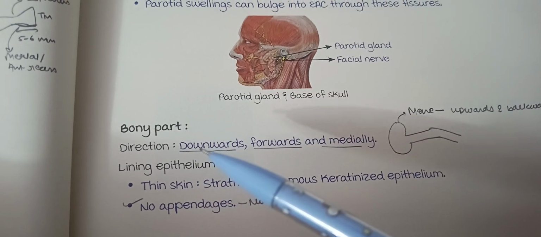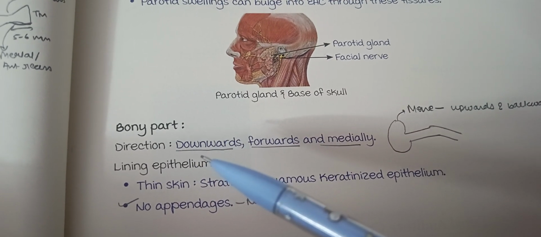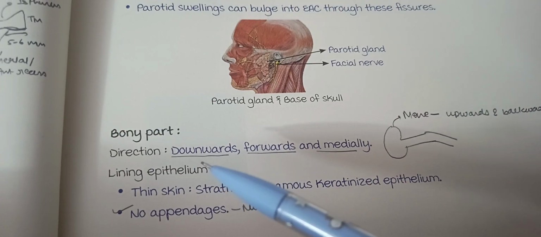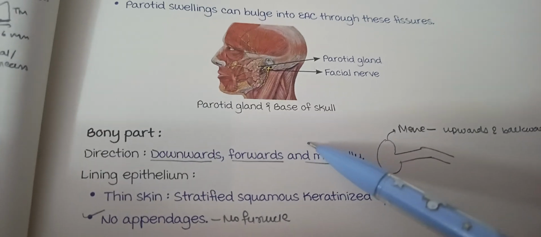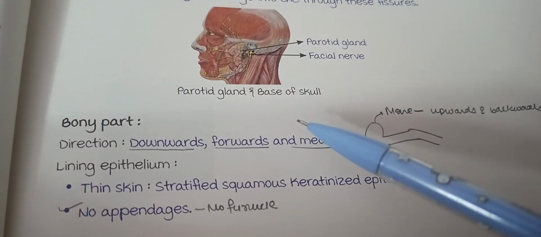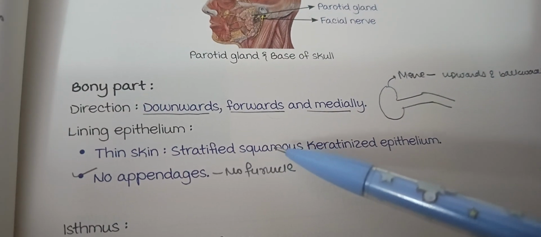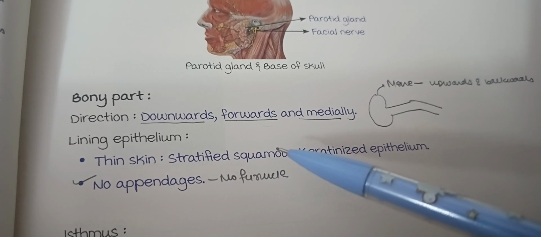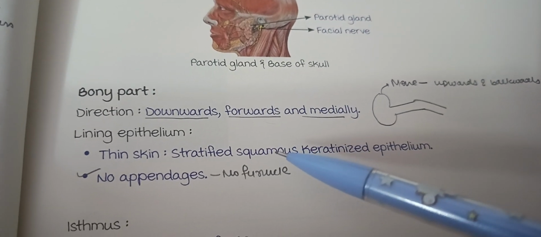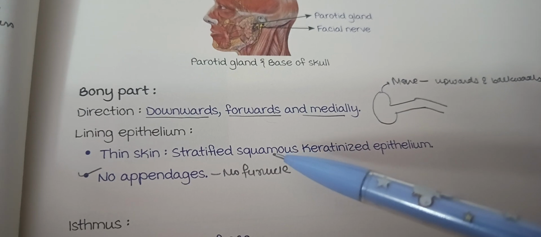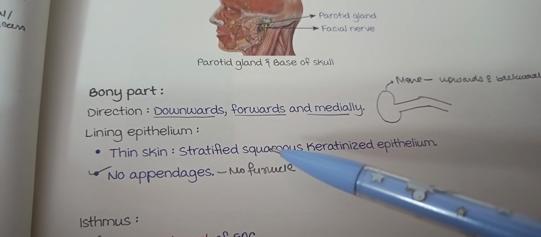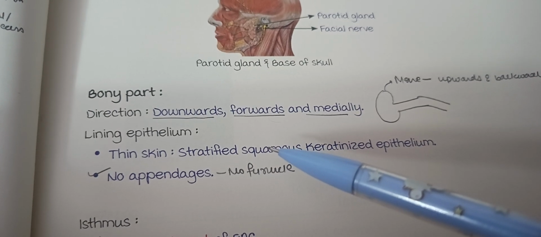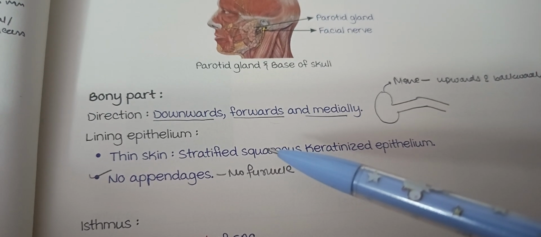Okay. Now moving to the bony part. The direction of the cartilaginous part was upwards, medially and backward, and the bony part runs downwards, forwards and medially. It is actually quite opposite, apart from the fact that it is also moving medially. Now the lining epithelium is stratified squamous keratinized epithelium, the same as the cartilaginous part, and there are no appendages, so there would be no furuncle, and there are no ceruminous glands, so earwax is not produced by